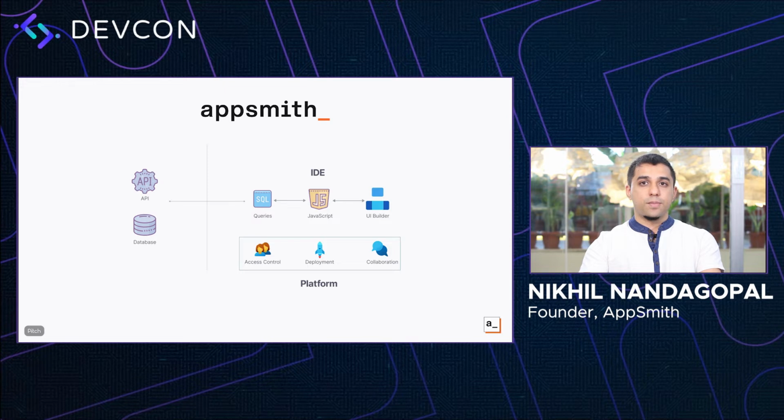The second layer is the platform layer. So the platform layer consists of access controls out of the box. So here, all of AppSmith applications are secure by default. You can invite users to your application, and only invited users can ever get access to them. You can also deploy your applications with the click of a button. So clicking on deploy will automatically host the website for you,